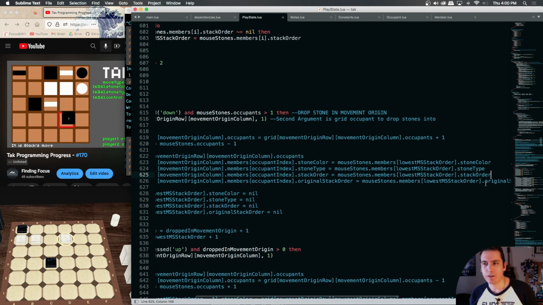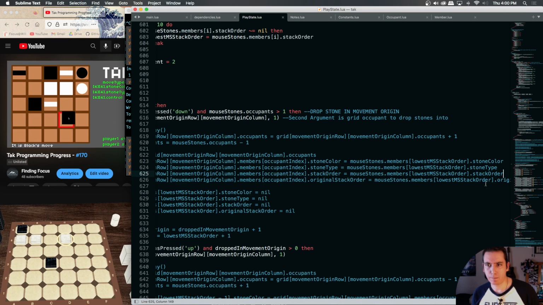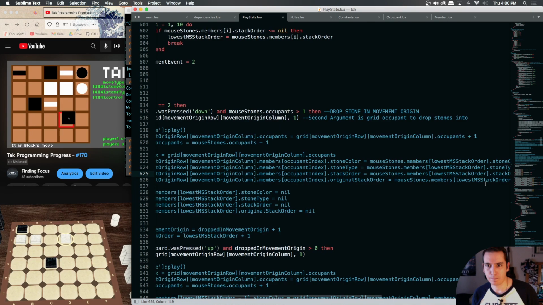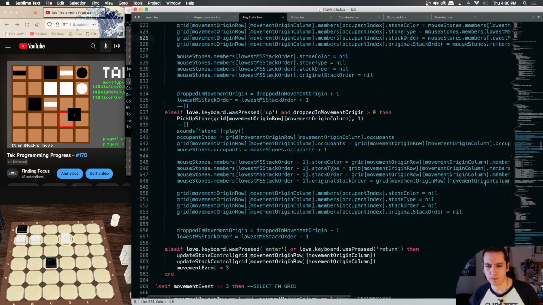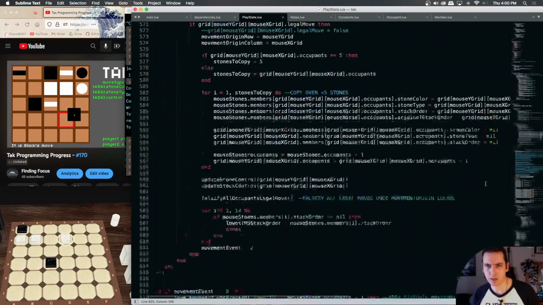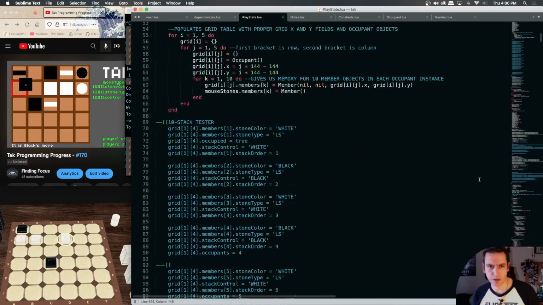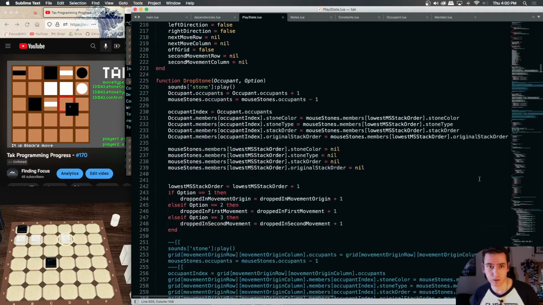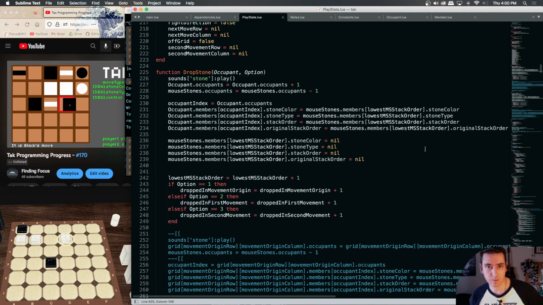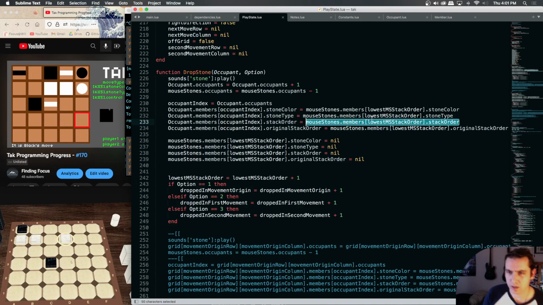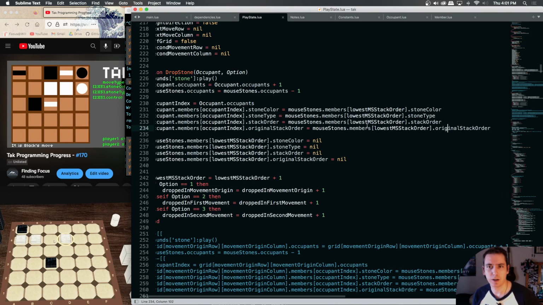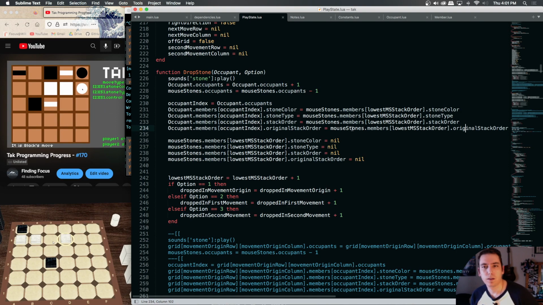Okay, so if you take a look at what we're actually doing in our function, we're saying that the stack order gets assigned to be the lowest mouse stone stack order. And we copy over the original stack order as well. Now the original stack order is useful for picking it back up